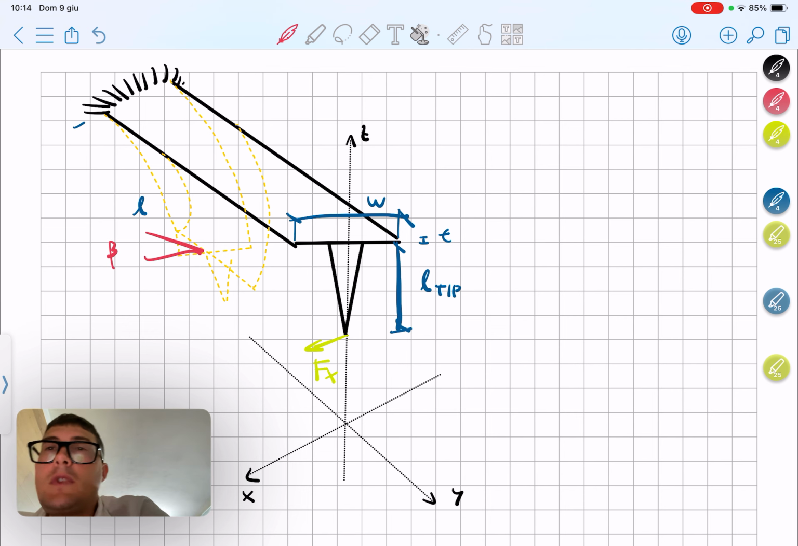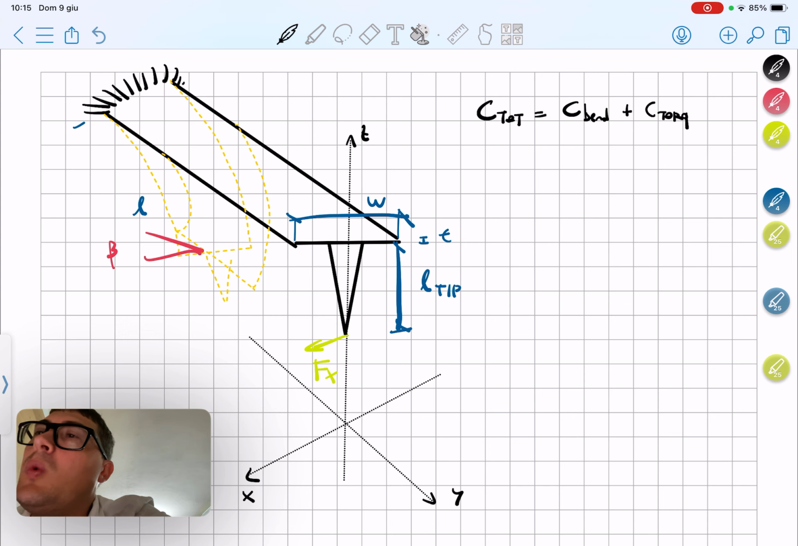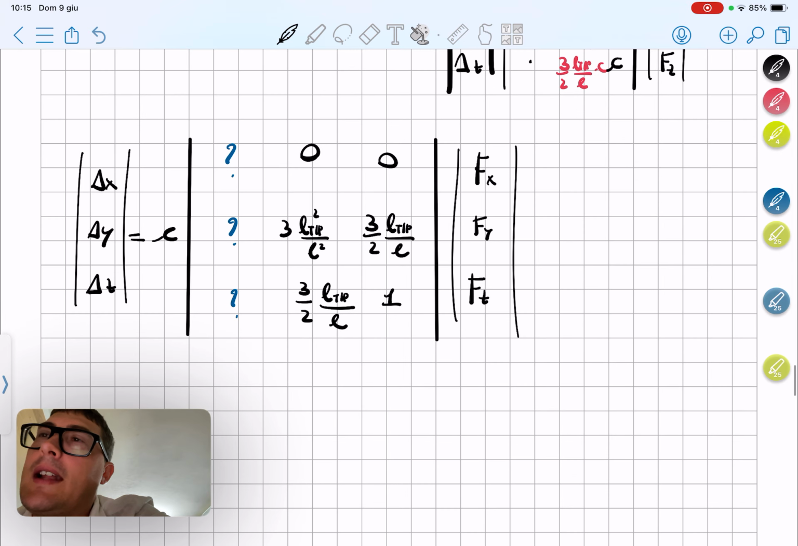Okay, so it's just bending plus torquing. The C total, the coefficient total that we want to calculate, is due to the C of the bending plus C of the torque. But the reason being is that essentially